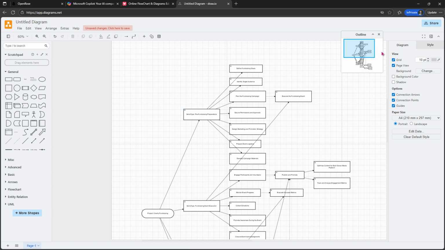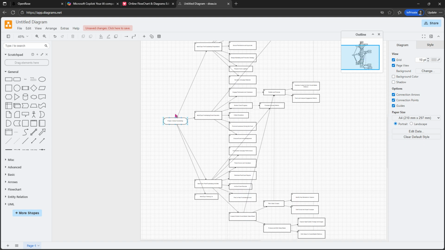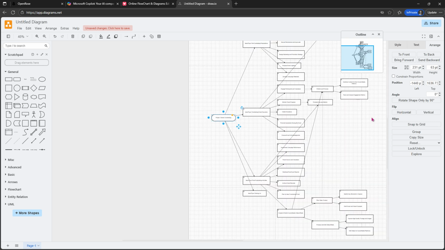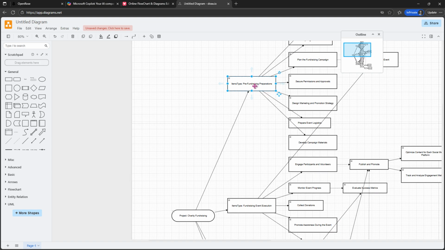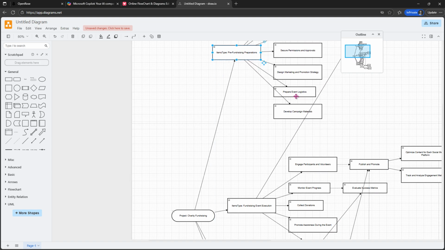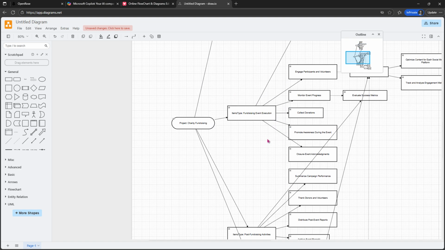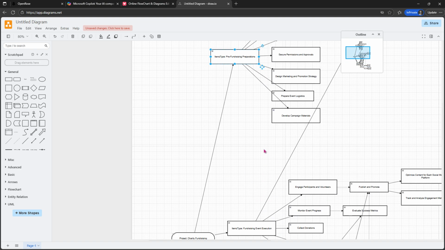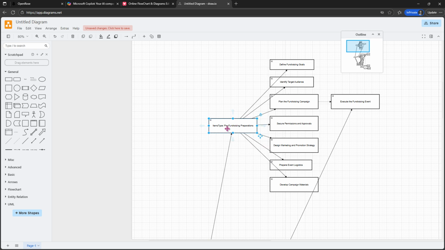This is the pre-fundraising. So after finishing the project for formatting, let me now go into pre-fundraising here. I can move it further up just to make space for the second one, which is the fundraising event execution, and the third one, which is post fundraising activities. So I've just moved it a little bit up, and then I'm just going to select that item type, which is pre-fundraising,